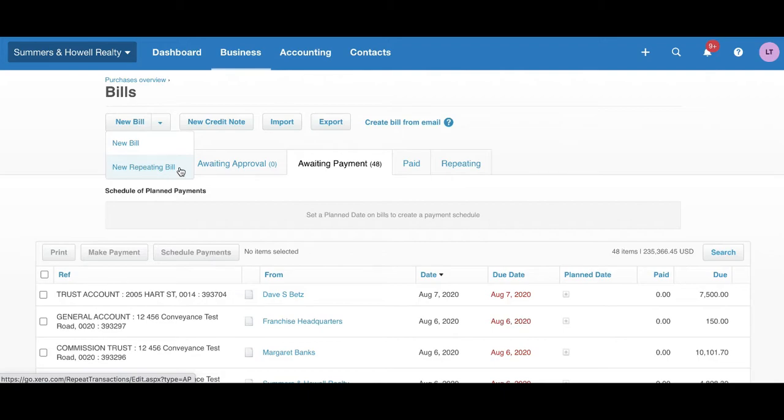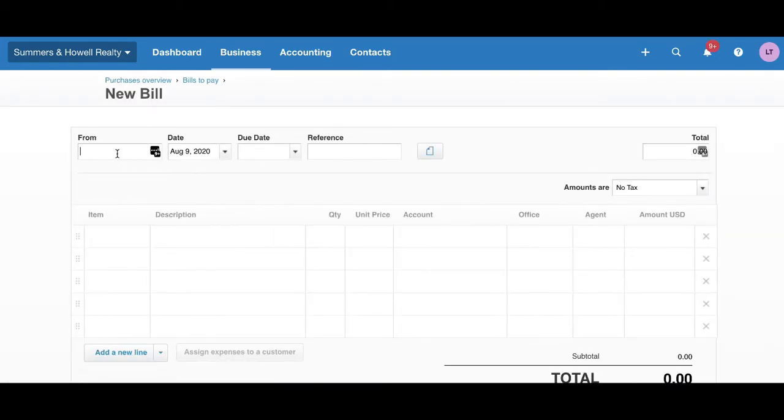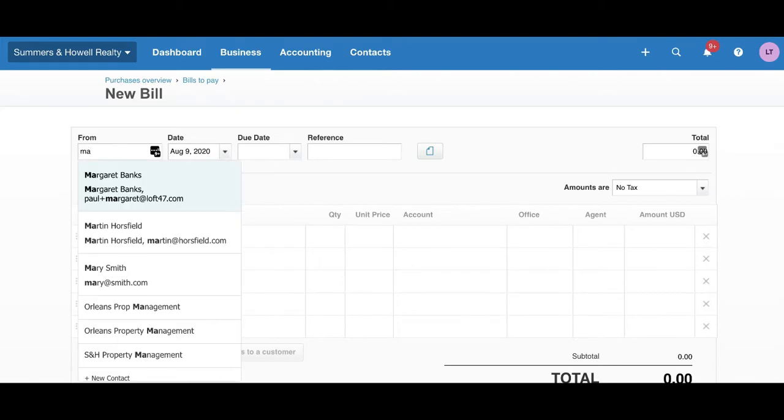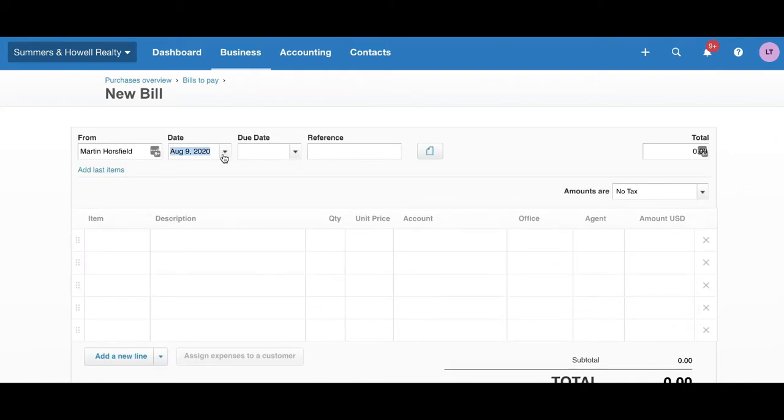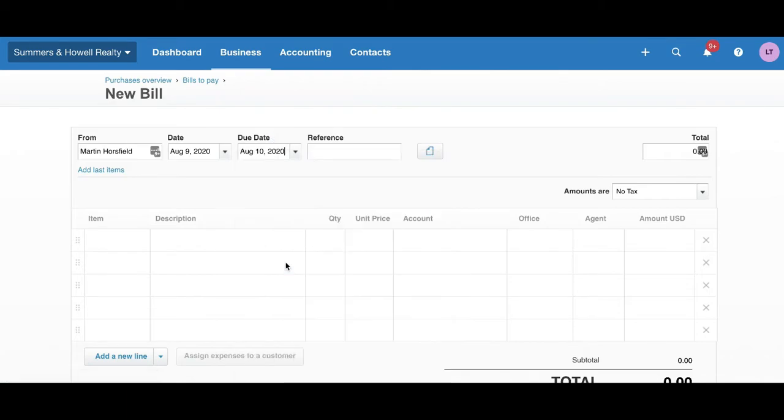There is a video on Loft TV for invoices, as I mentioned, but if we wanted to set up a new bill on the fly, you just hit the new bill button. You're going to enter the information as to who you're going to pay. You can enter the date of the bill, the due date. So if we were paying a bill here to, let's say we're going to pay this person, you put the date of the bill, you put the due date, you can put a reference for whatever the bill is for,